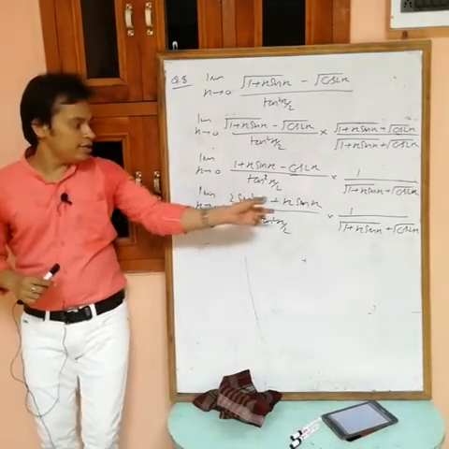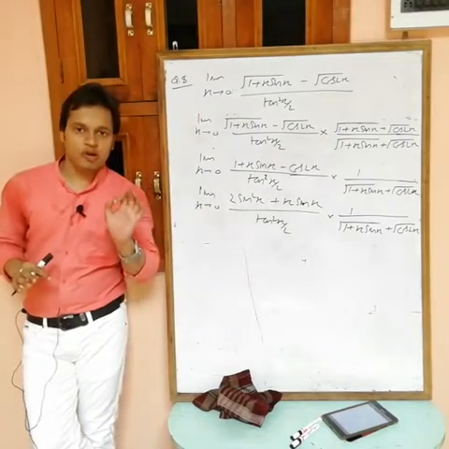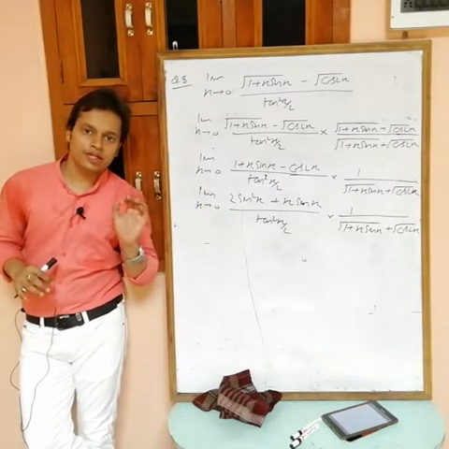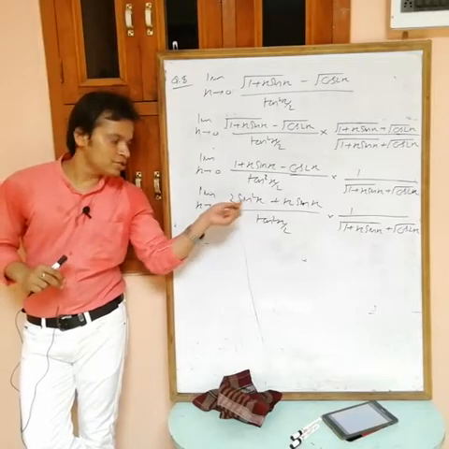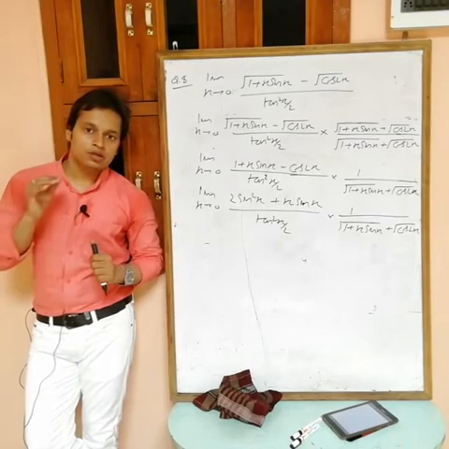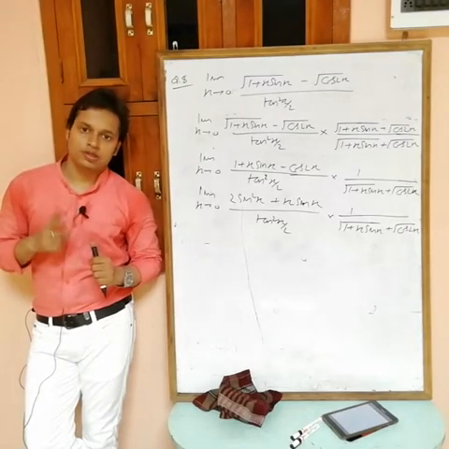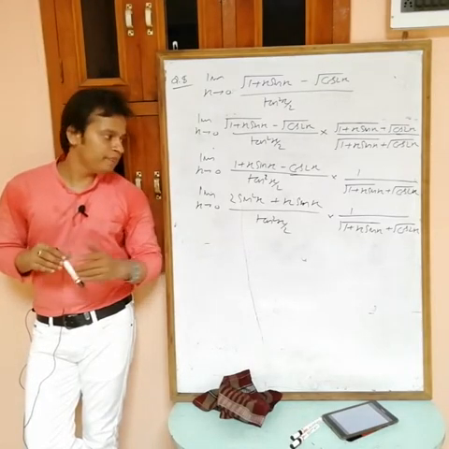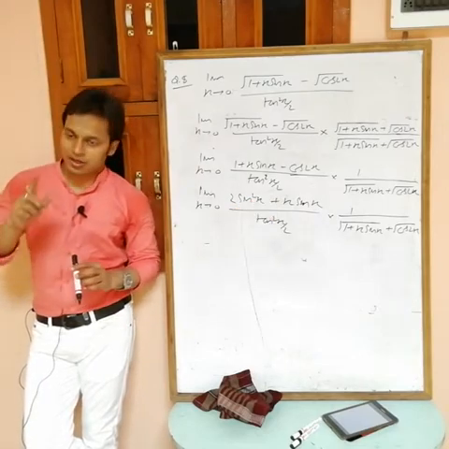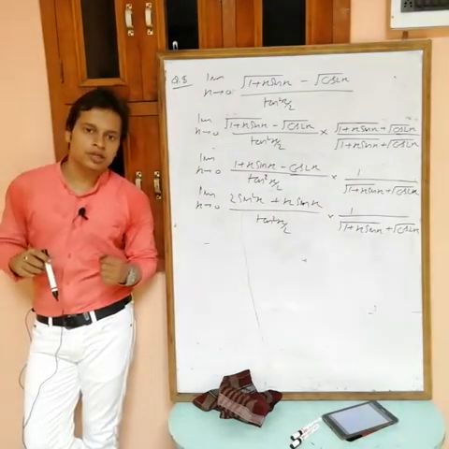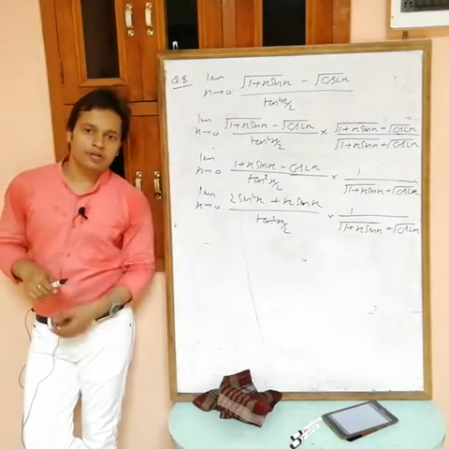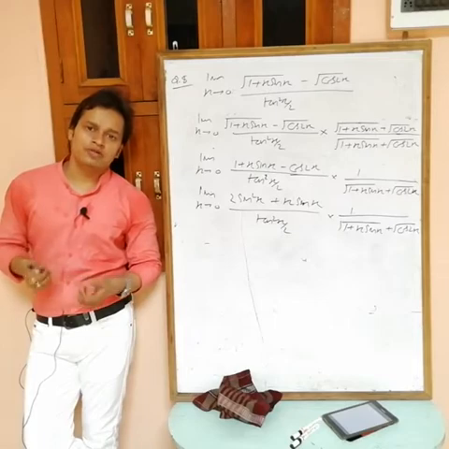now here sin x, tan x, so I can use the standard limit. Okay, now sin x by x equals 1, tan x by x equals 1. So here sin square x, in the denominator what we want is x square, so sin x by x whole square. Here we have x sin x, in the denominator we want again x square, then one x will be cancelled out, then remaining is x sin x by x. Okay, tan square x by 2, in the denominator what we want is x by 2 square.